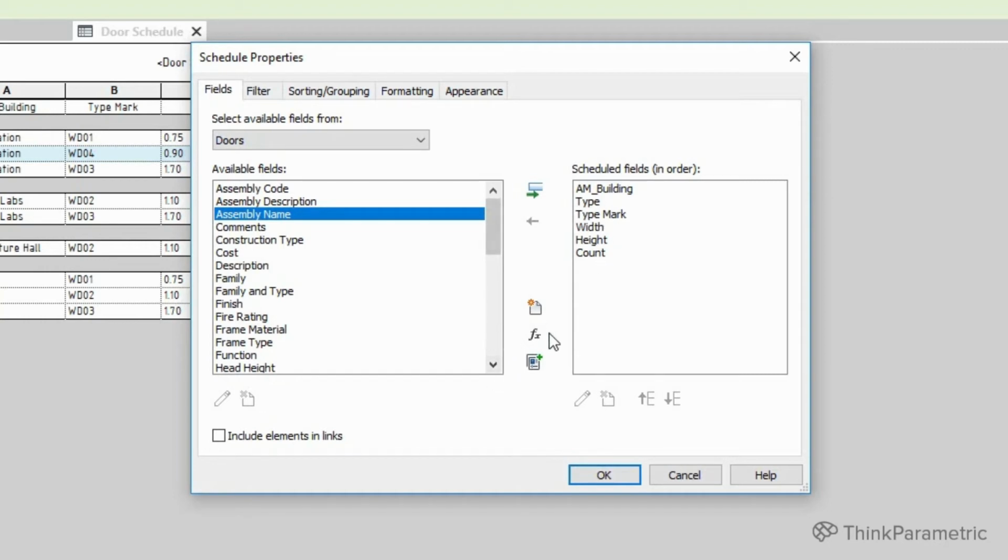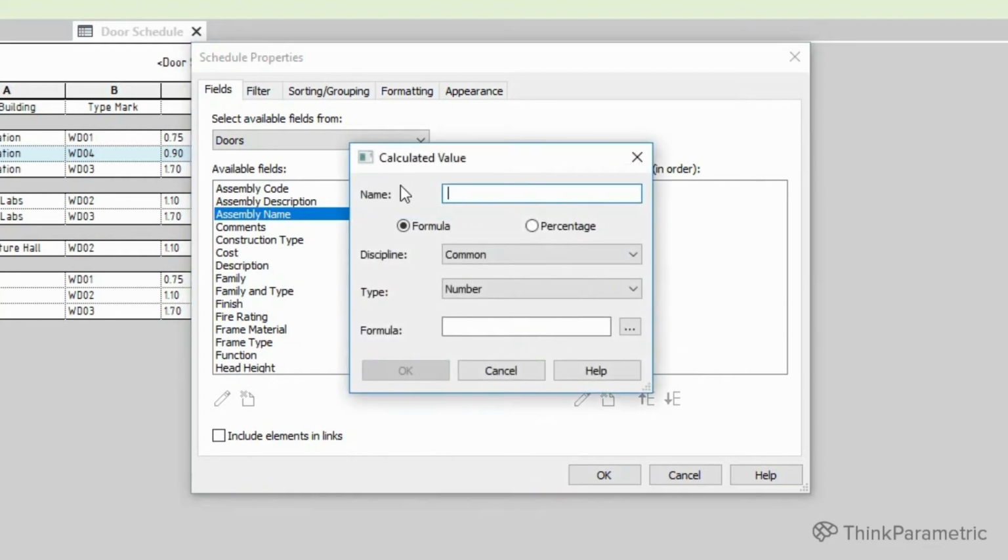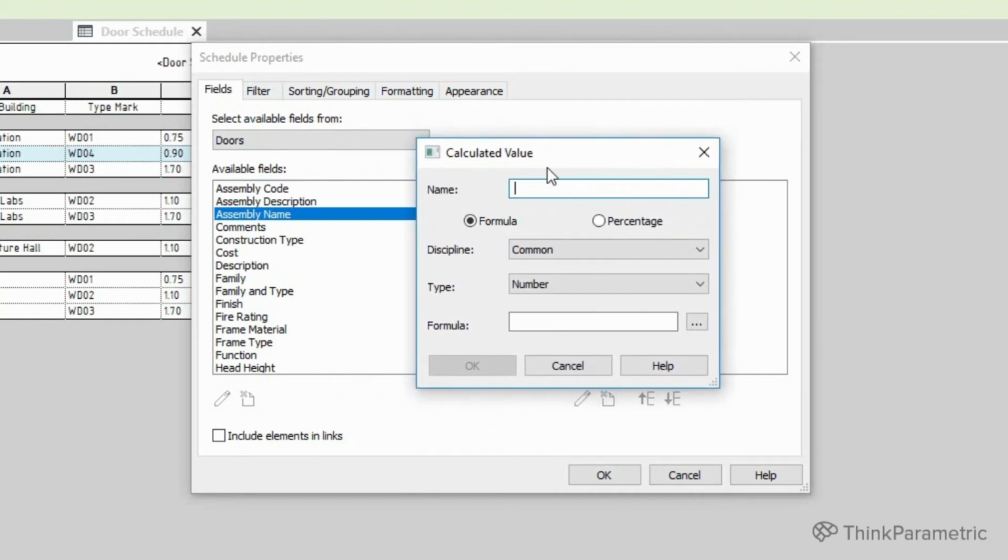To do this, we want to go to this symbol and add calculated parameter. If we select it, you can see that we have this tool, calculated value. Here we have a name. This indicates the name of the parameter. We want to call it, to be specific, door area.